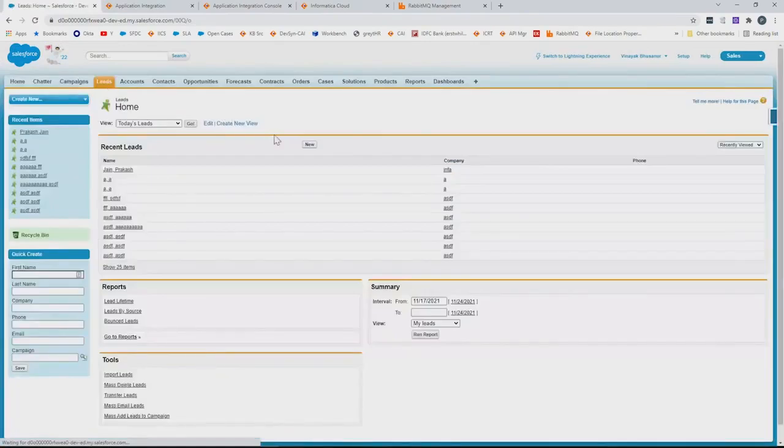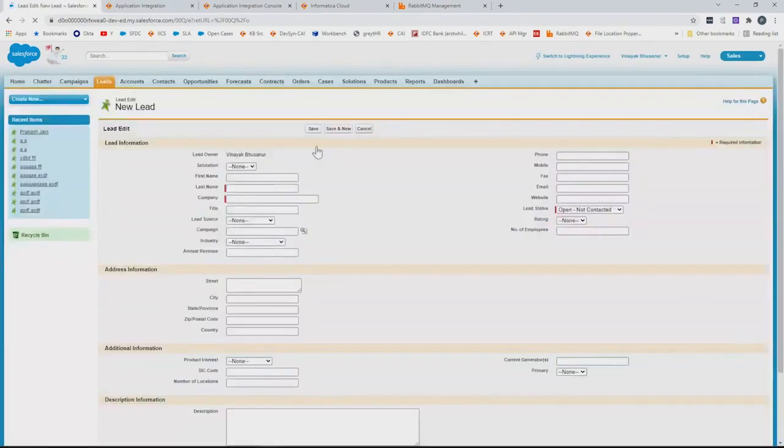I click on lead record, click on new, and enter the name of the lead. Give lead source and some phone number information.